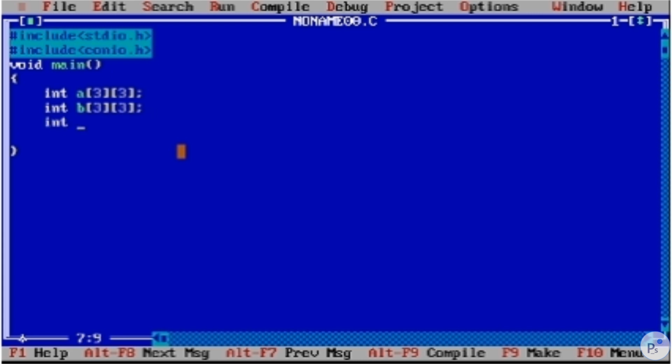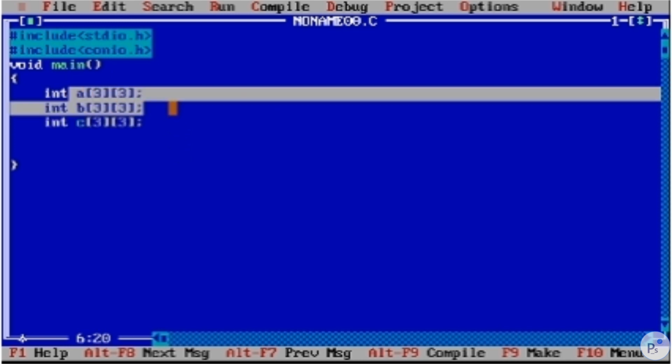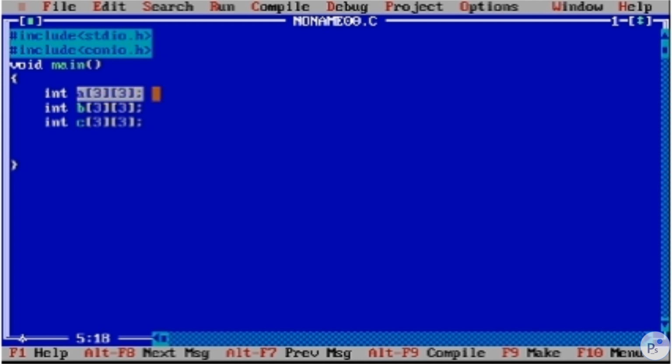And where we will store the result, we will store it in this c array. We have defined two-dimensional arrays which will be taken from the user, and we will store the result in this. clrscr() is for clearing the screen.